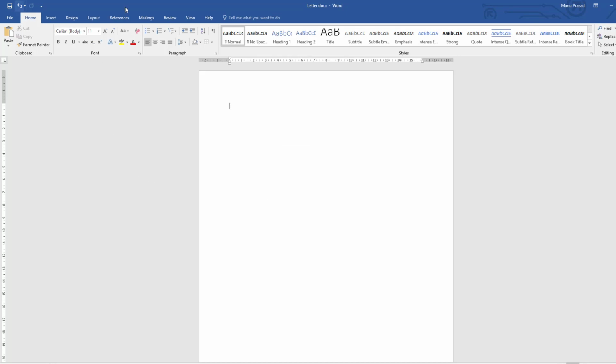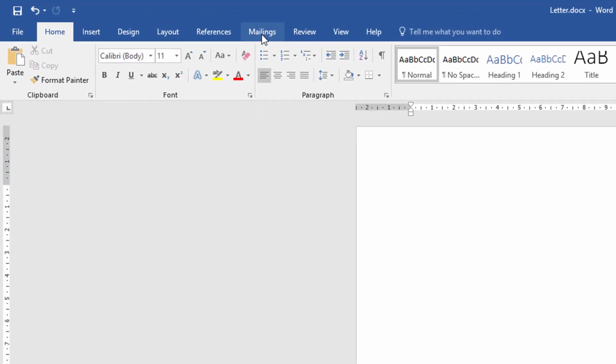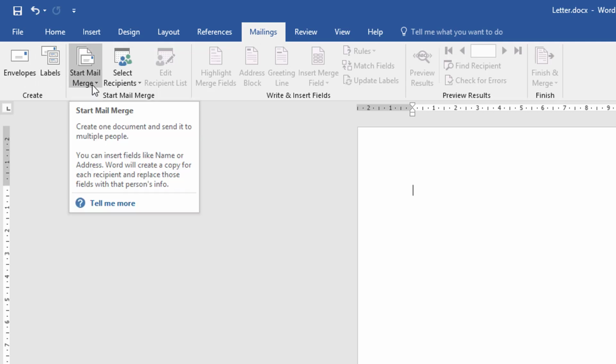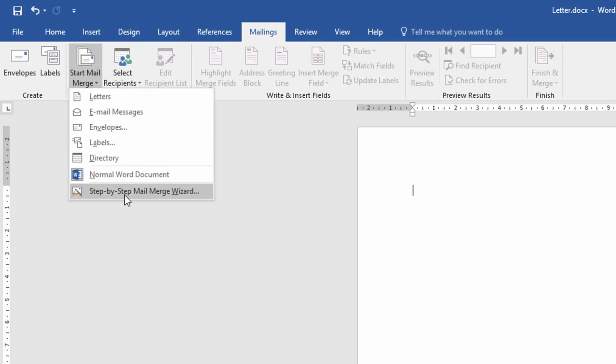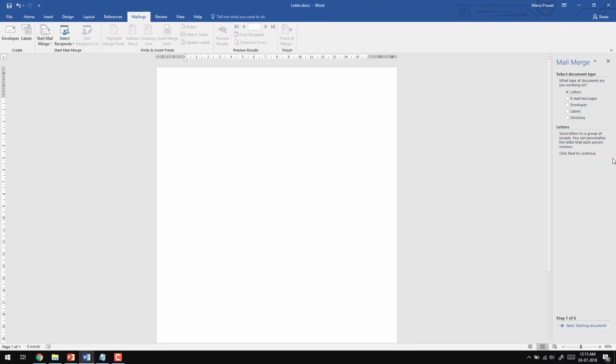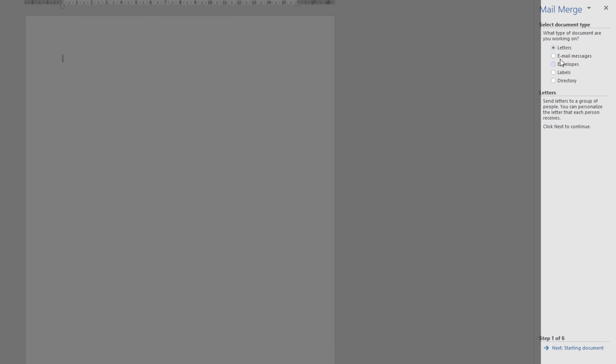For doing mail merge, open Word and go to the Mailing tab, and here you can see envelope, labels and start mail merge. So for easy purpose, go to start mail merge, and here there is a step-by-step mail merge wizard. Click that. You can see on the right side there are different options available for starting the document. Here I am taking envelopes and going to the next step,